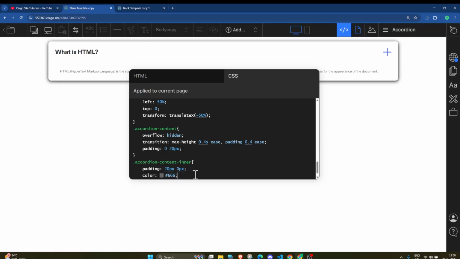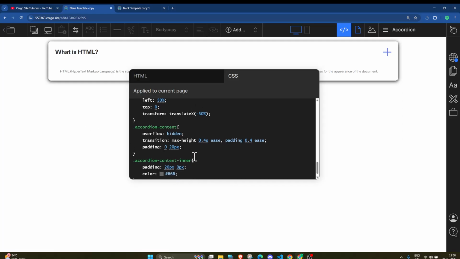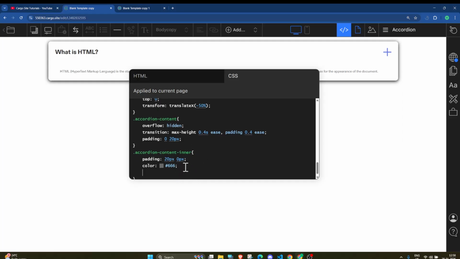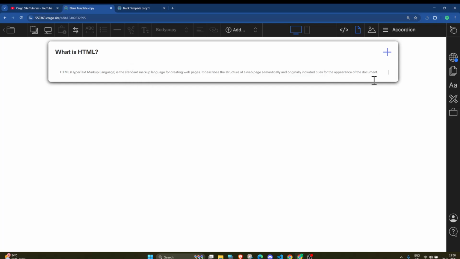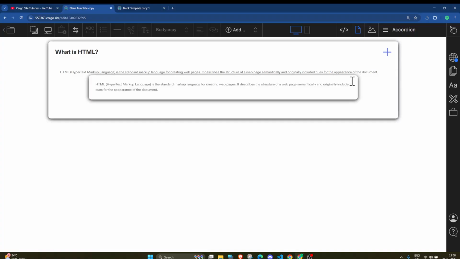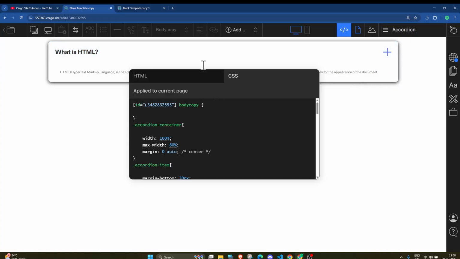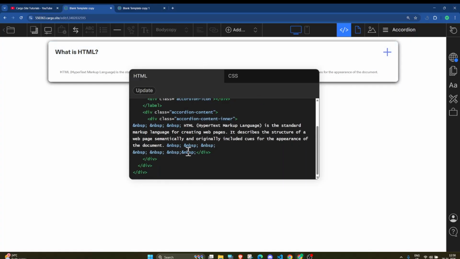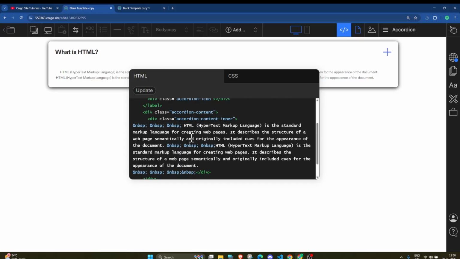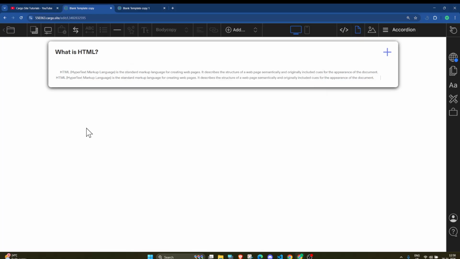So from here you can customize this thing, and then line height 1.6. So basically line height means, let me just simply copy this thing and paste. Okay, what I'm going to do, I will go in the HTML, simply copy this again and paste it here. And you will sometimes see that there is extra spacing here.